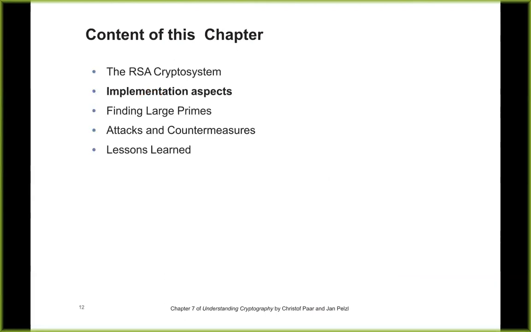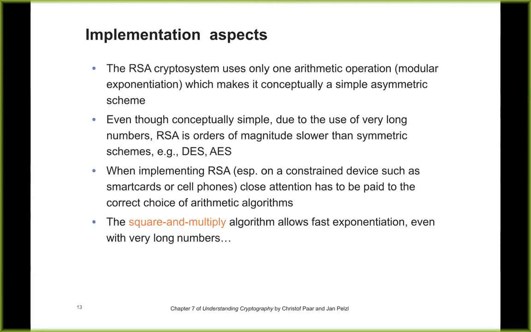All right. So it only does one arithmetic operation. Once you make the key, all you're doing is exponentiation, taking something to the D and taking something to the E. So the only thing you have to do is figure out how to exponentiate things fast. And they're going to be big numbers taking big powers, so that is not a trivial problem.